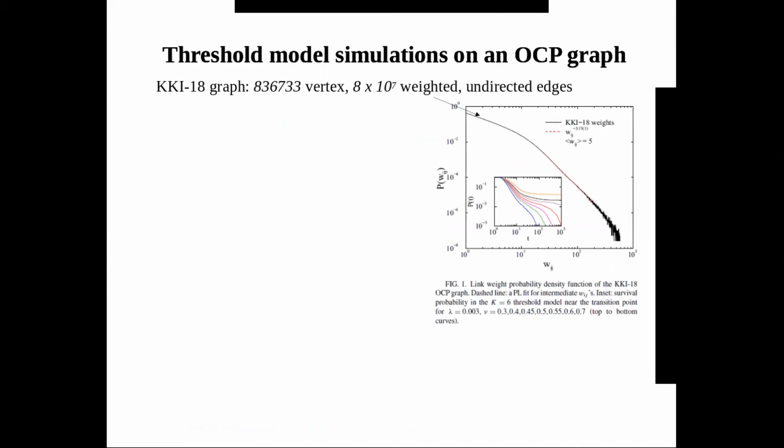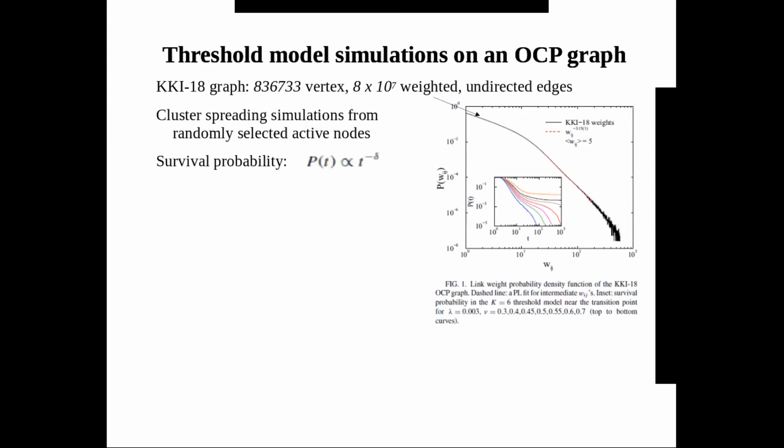about the dynamical simulation, which was performed on one of the selected graphs, this KK18 graph. As I said, due to this weak universality, we can use this, and this has around 800,000 vertices and 80 million weighted but undirected edges, and here you can see the weight distribution, which has this power law. The weights, by the way, means the number of fibers connecting two nodes here. So the average weight was 5, and if we started